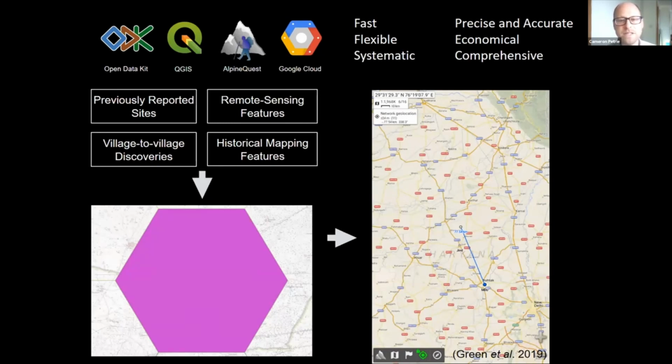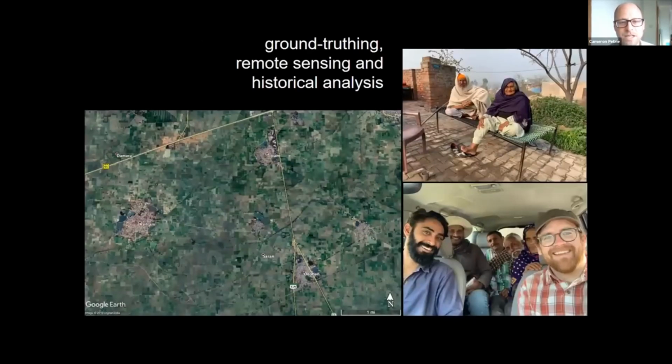And this system that we've developed is very much thanks to the work of Dr. Adam Green, working with Dr. Aftab Alam and Amit Ranjan in the field especially, and a number of other collaborators who have been able to systematically and quickly visit archaeological sites, identify the locations of those sites, and make assessments of the preservation